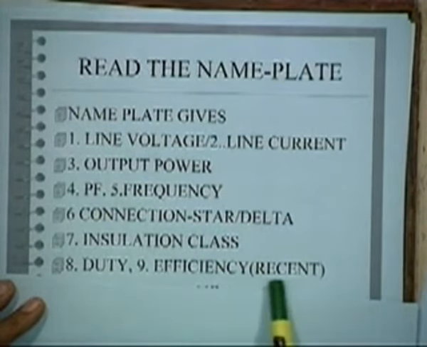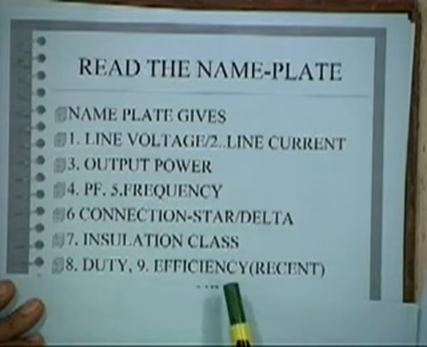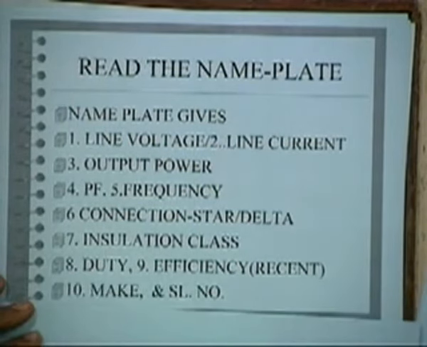Then recently they are demanding that efficiency must be printed on the nameplate. What should the efficiency be? Not only at full load but also at part loads, say 60%, 80%, 100%. That also is one of the factors. And lastly, they will also tell you the make. Make is important because after some time, you know whom to contact. That means whom to catch, right? Therefore, that is the important data.